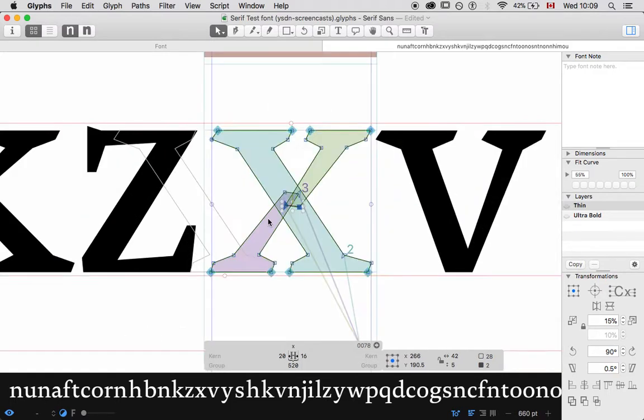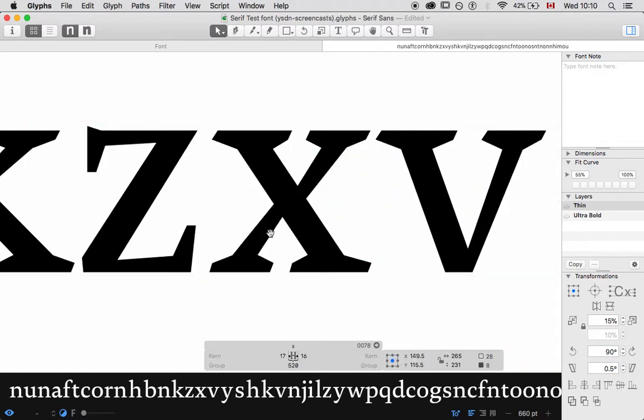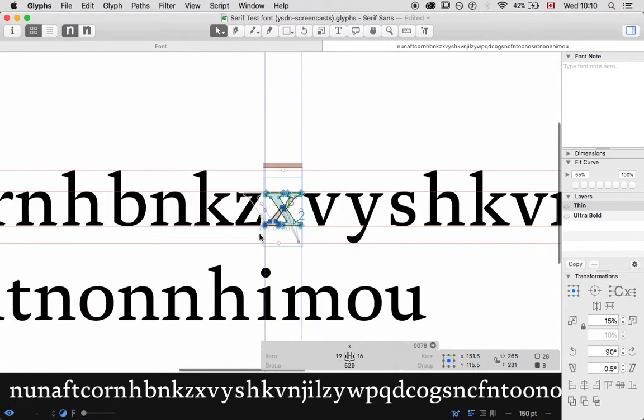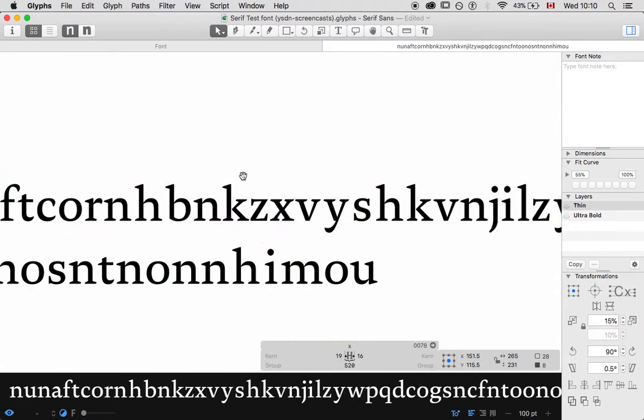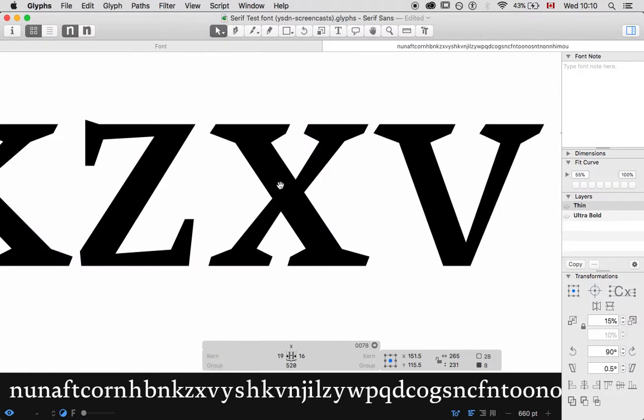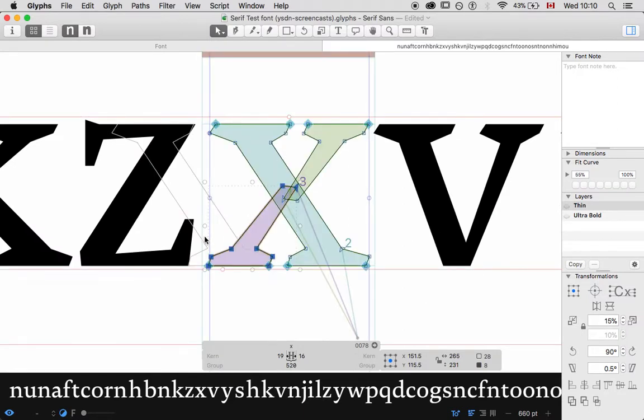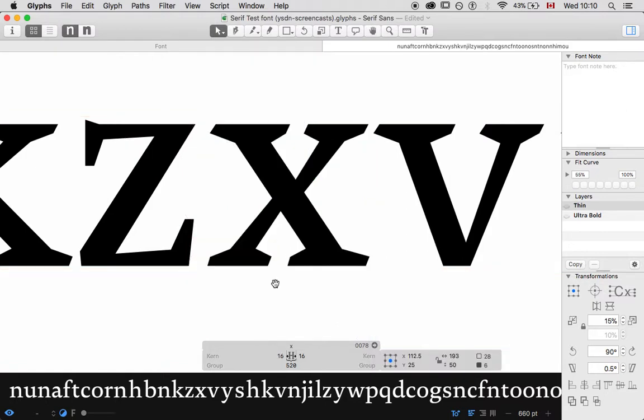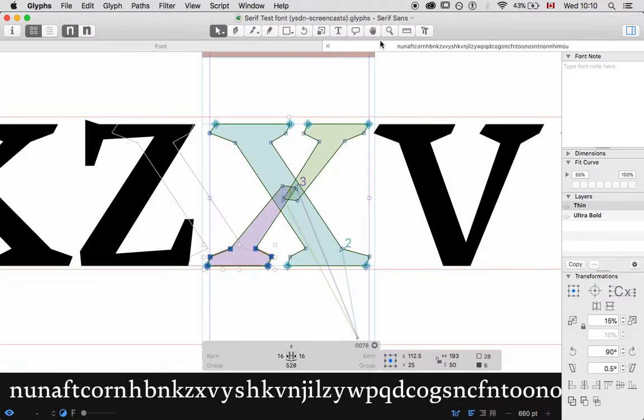It opens up more counter space, which is valuable real estate inside the letters, especially when the letters start to get very bold. You'll notice if you're working on a weight parameter, when they start to really get bold and you start to lose counter space, these kinds of characters really start to suffer from that. But, okay, there we go. That's an X, and I'll see